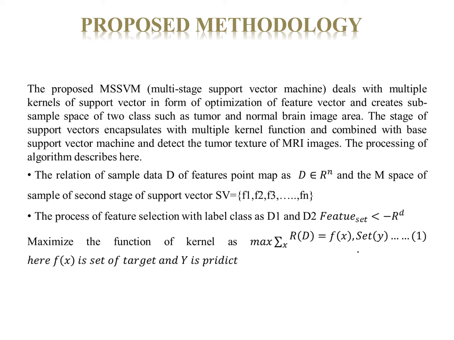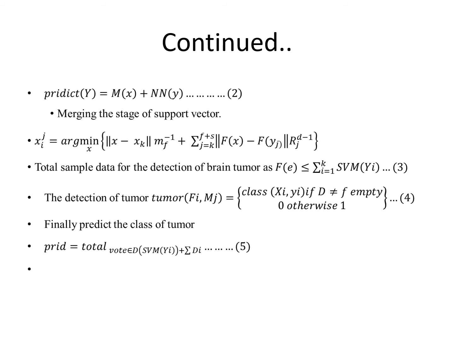SVM, multi-stage support vector machine, also uses a regression method, that is, it defines the relation between the dependent and independent variable also. So in this paper, the data set has many high dimensional features. For that, I have used SVM because we have some amazing kernel functionalities, and SVC or SVR. And kernel functions are there. Kernel functions take low dimensional feature space as an input and give output high dimensional feature spaces. So here is a predictive mx plus mn by merging the state of support vector.